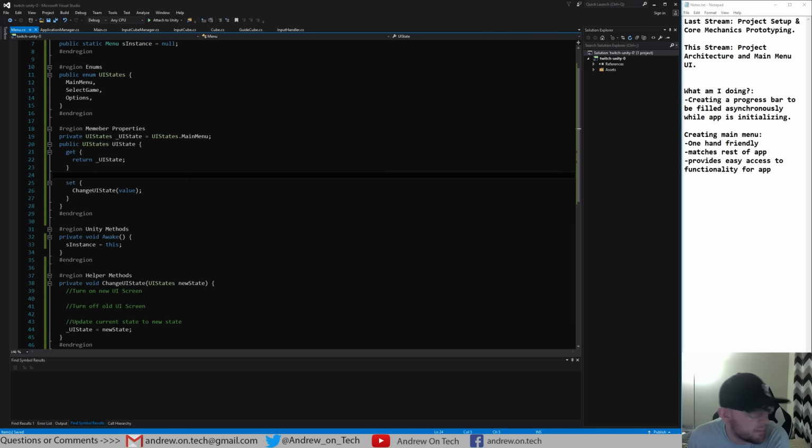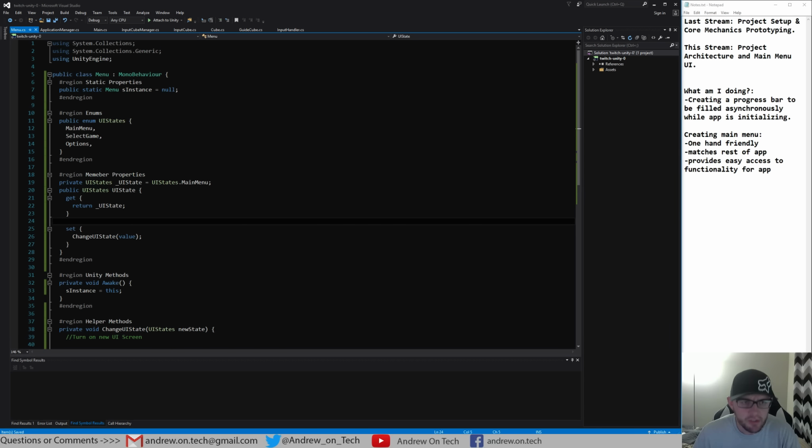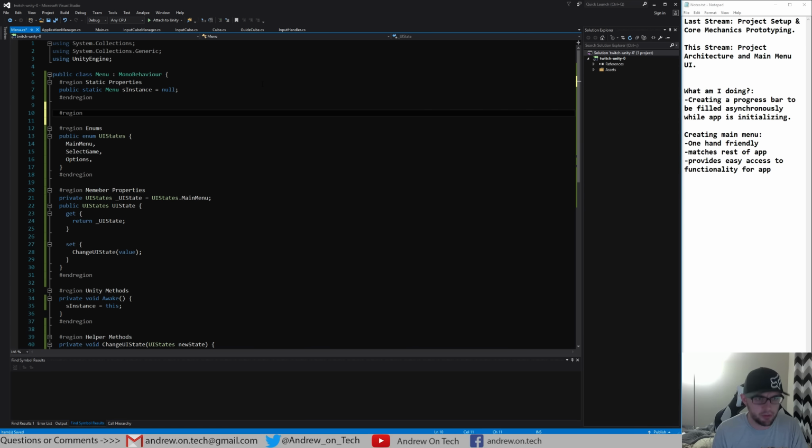So now, here's the situation we get in though, is how do we know what state belongs to what game object? Like how do we know what thing turns on what? So that is where we're going to need some type of specification. So let's go ahead and create a subclass here. So bound region